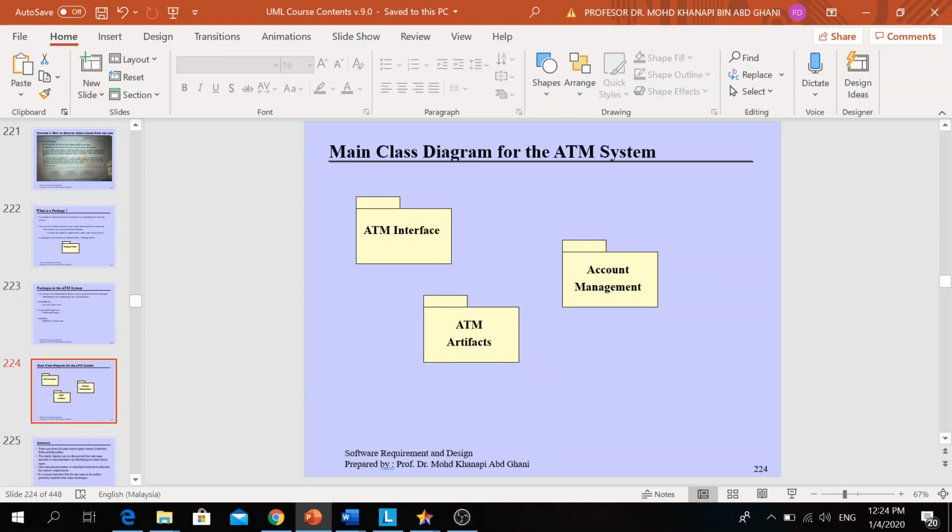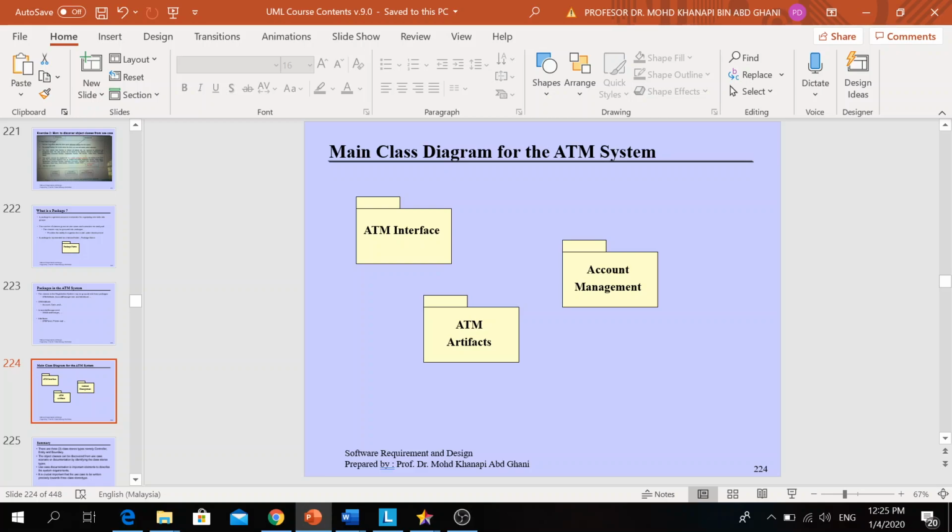This is an example. Package ATM interface means all the user interface classes will be packaged under the ATM interface package. So a group of classes which handle the user interface will be put under that package. Account management, for example, handles all of the classes that are involved in the business logic of the ATM machine.